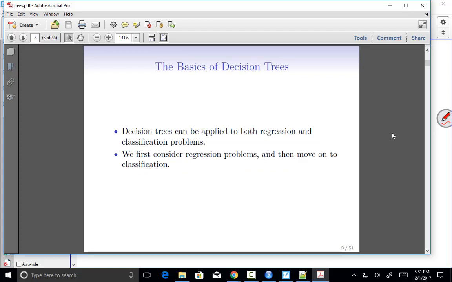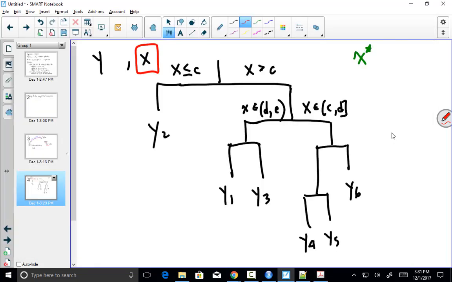Decision trees apply regardless of whether the response is numeric or categorical, so that's nice. Yes, sir? If we run clustering instead of us telling it beforehand, should we get the same result? So if you did clustering with these data, the way it would work is you'd have to identify,